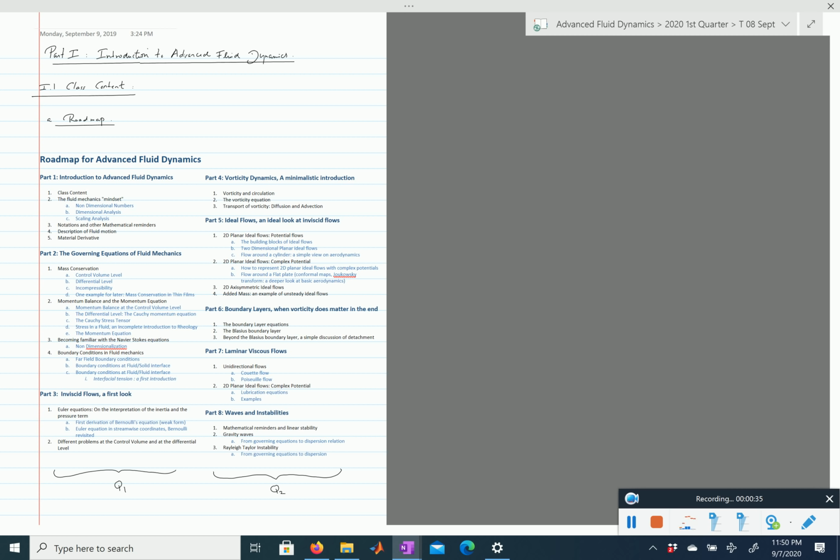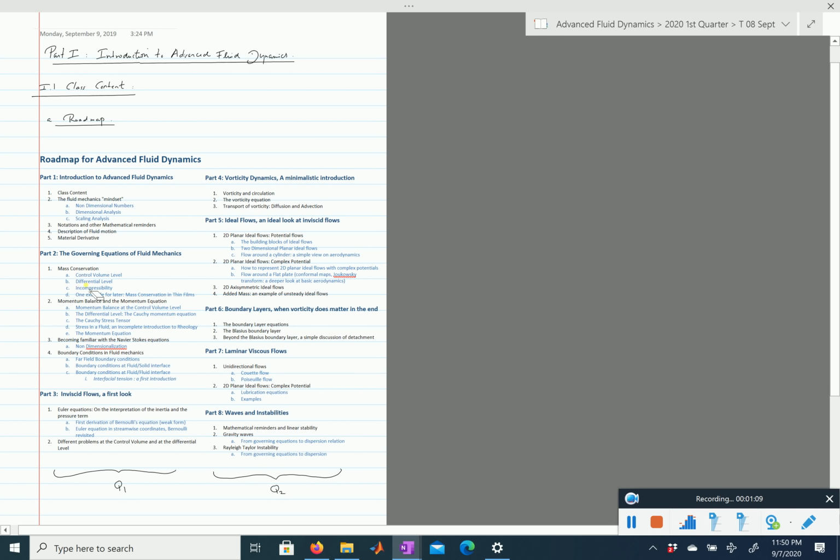in the class. So for this first quarter, the first 2 weeks we'll start slowly. We'll look at scaling analysis. We'll do a number of examples of scaling analysis to start seeing also what kind of problems we'll see in fluid dynamics. We'll also discuss notations and do a few mathematical reminders before we move to the bigger part of this first quarter, which will be deriving the governing equations of fluid mechanics, and that will mean discussing conservation,